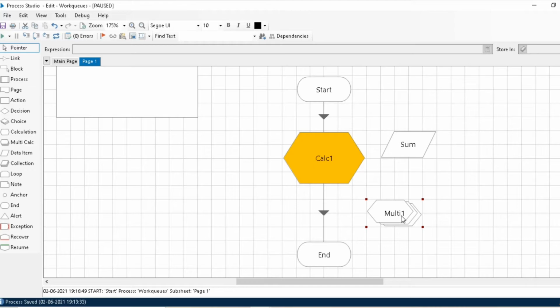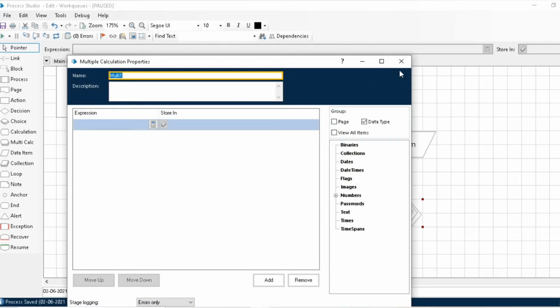Let's see if it also works on a multi-calculation stage.